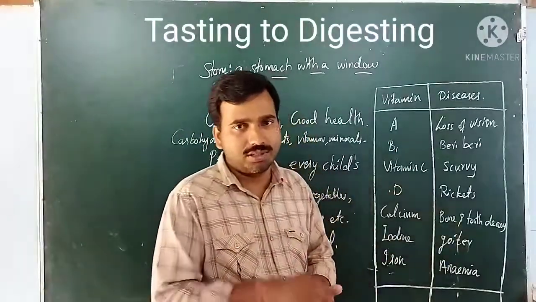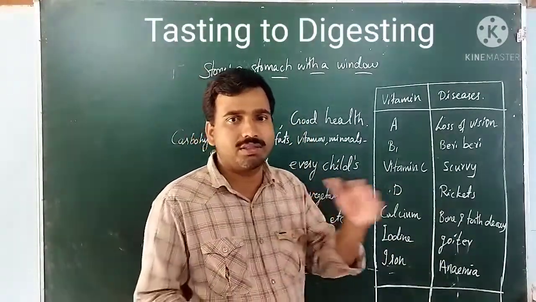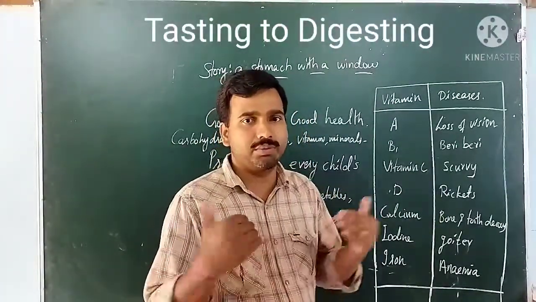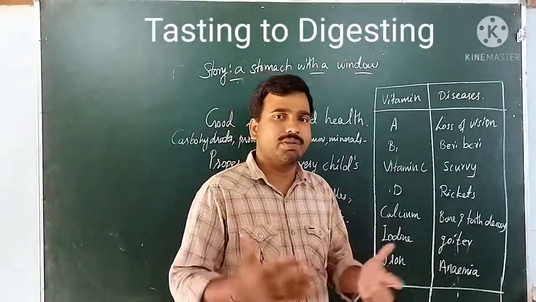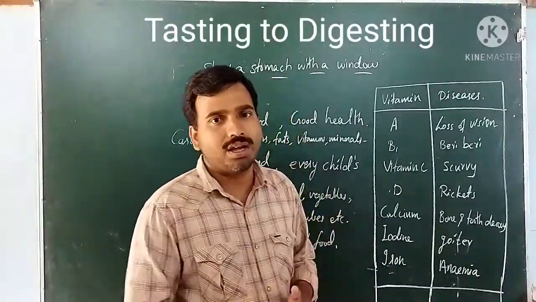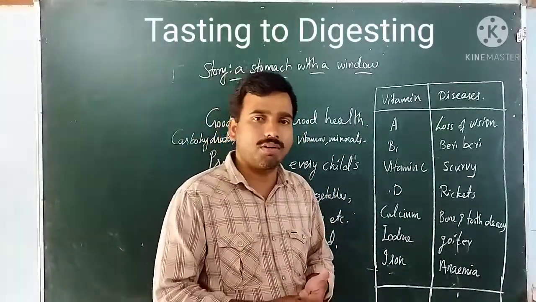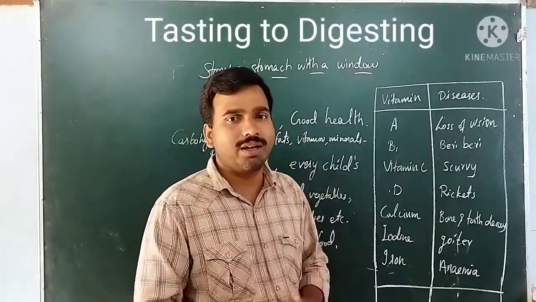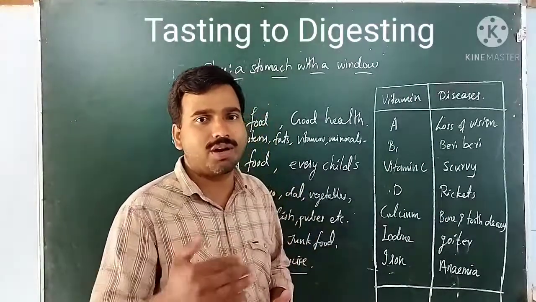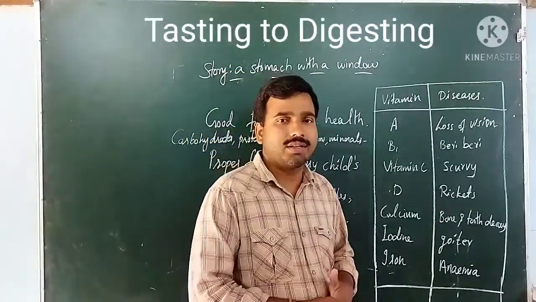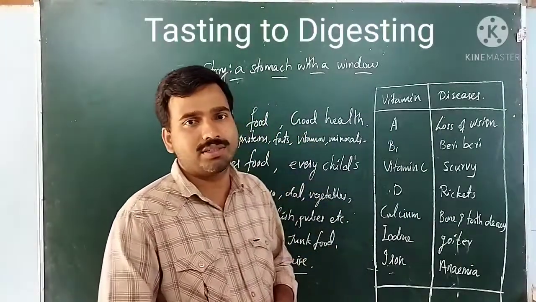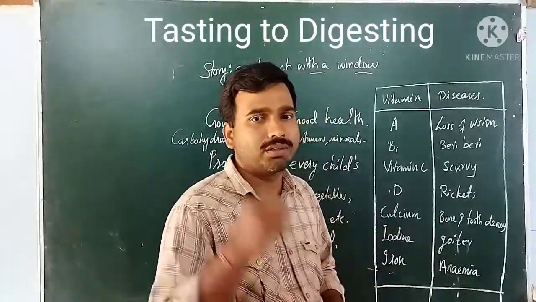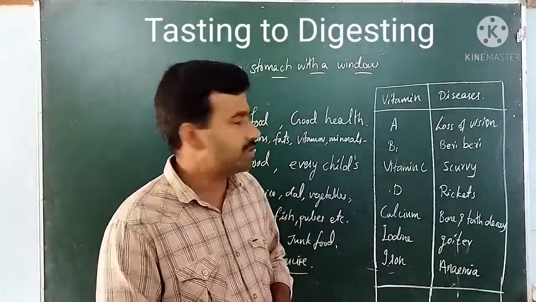food. These are all happening in and around us. If you look at our neighbors, and they are very poor, it's your duty to help them or to inquire whether they are having proper food or not. Otherwise, if you are in a rich condition, you can also ask your parents to help at least one or two in your surroundings. That will be a wise decision, so that every child in our country will at least get some good and nutritious food items.